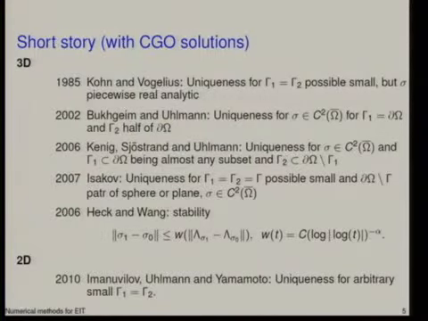So then there are further results. There was a result by Isakov where there were some special requirements on the geometry of the subsets. So these were actually full local results. And then let me point out also a stability estimate by Heck and Wang. We already talked a little bit about stability estimates for the Calderón problem, and they're of log type. So you do not expect very good reconstructions. But if you start to look at the stability estimate for this case here, they are also of log type.